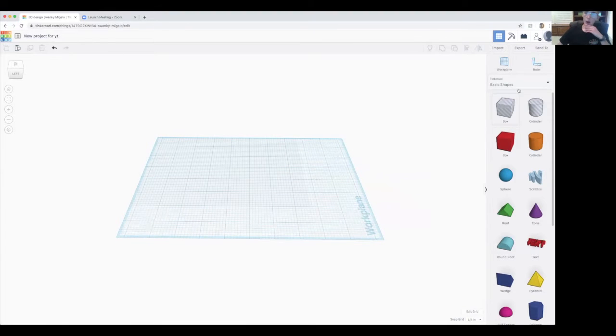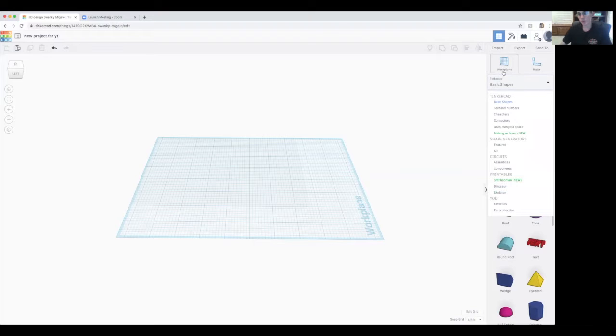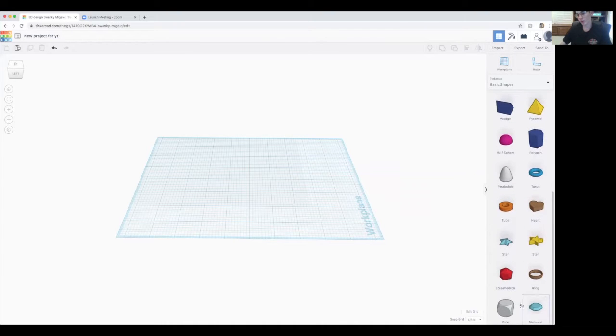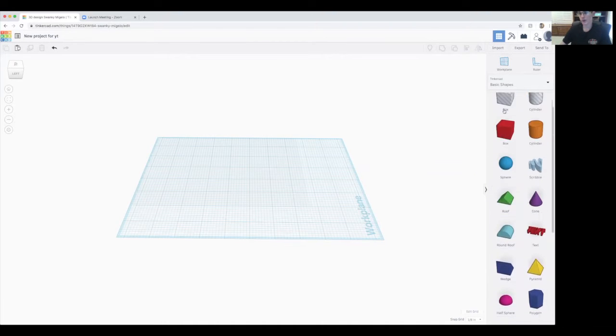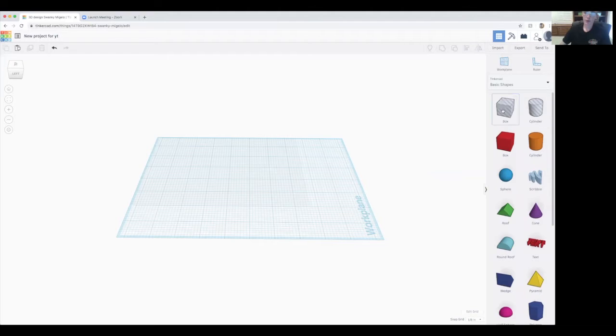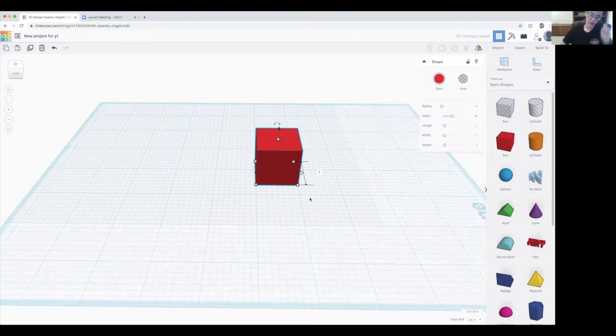So I am going to show you how to make something. Right here, this is where we choose all of our different shapes we can use. So currently I'm on the basic shapes where it has all sorts of different stuff. These ones that are grayed out, those are holes. So like they're not a solid thing, they're actually empty space. These other ones, they're all solid objects. So like this box right here,